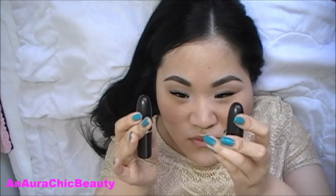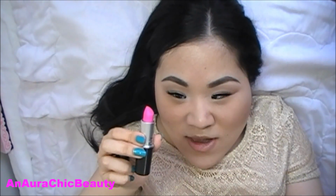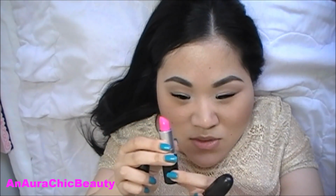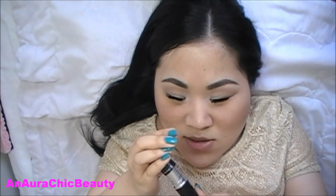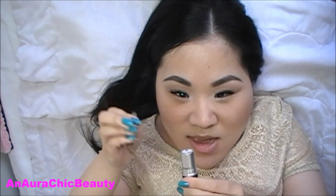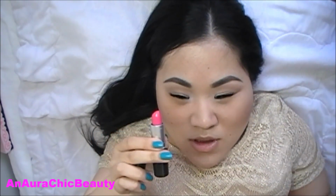For myself, I'm going to use pinks. I haven't used that color in a while, and I think it just adds a nice feminine look. So I have two right here. The first one is called Candy Yum Yum. It's a bright neon matte pink. This recently became permanent, so you can get this anytime. I also have a color called Pink Pigeon, which also came from the Strength collection. It's still a bright pink, but it's a little bit deeper tone, a bit more fuchsia color,